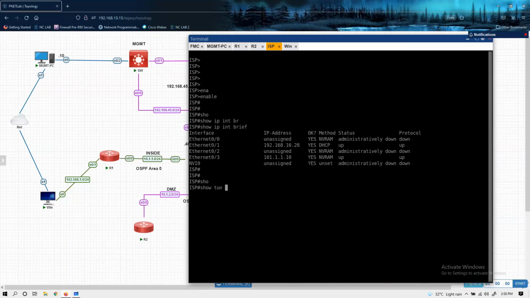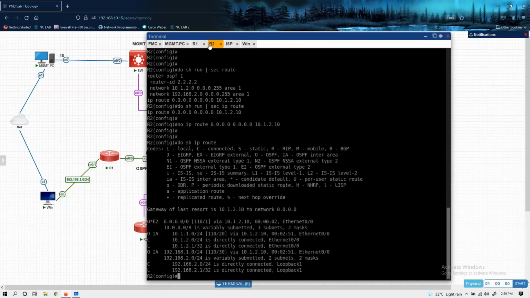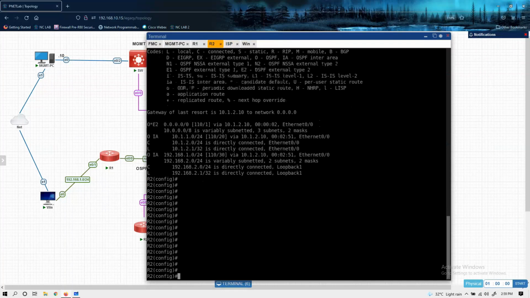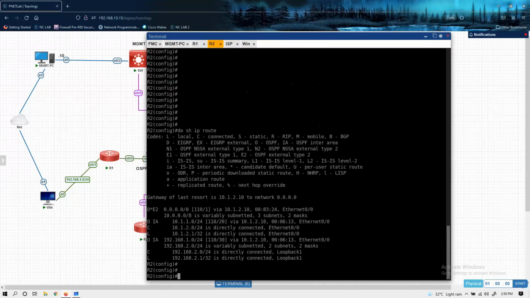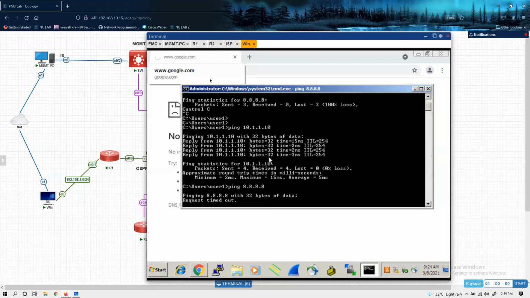On ISP also, we configured PAT. ट्रैफिक तो जाना चाहिए नेट.